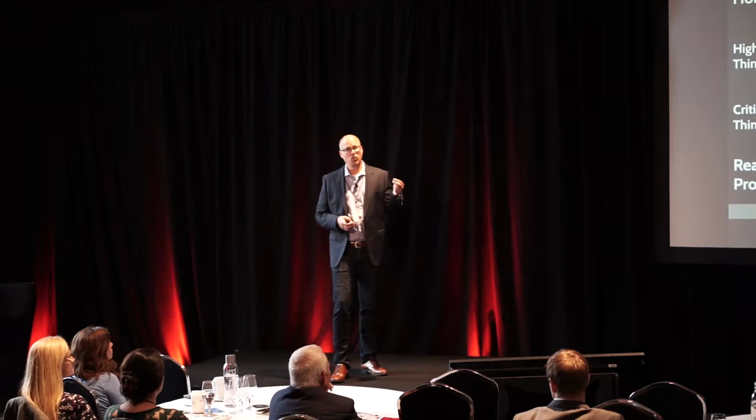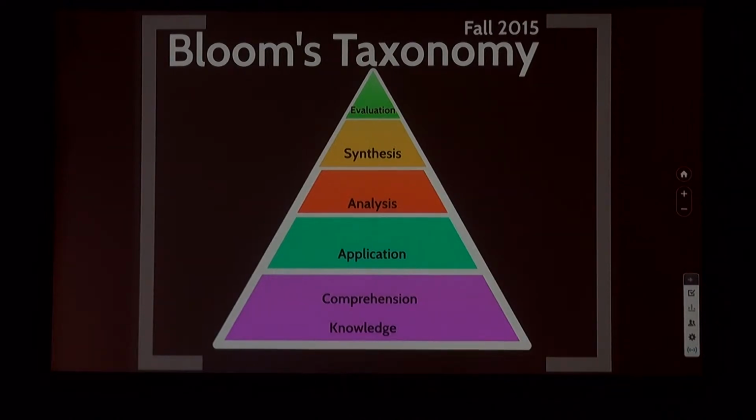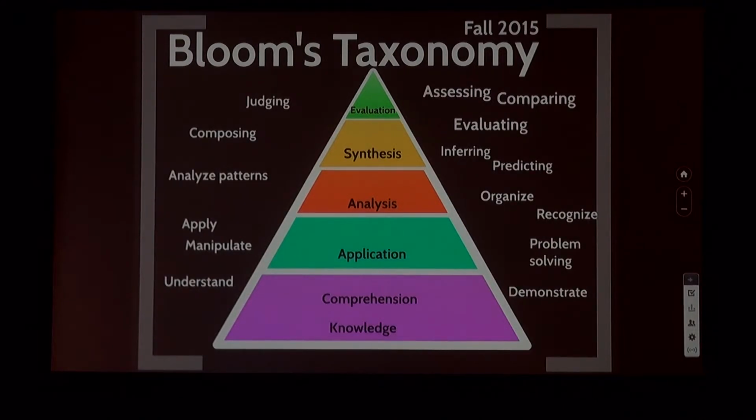So I started thinking about what we can say about what the student is thinking when they're developing an answer like that. So I went to Bloom's Taxonomy. It's the cornerstone of critical thinking, and you're all educators, so I'm sure you're relatively familiar with it. The bottom is the low-level stuff, comprehension, and the top is evaluation. And if you're not sure where the dividing line is between all those things, luckily they provide an overwhelming array of verbs to help you decide what is what.